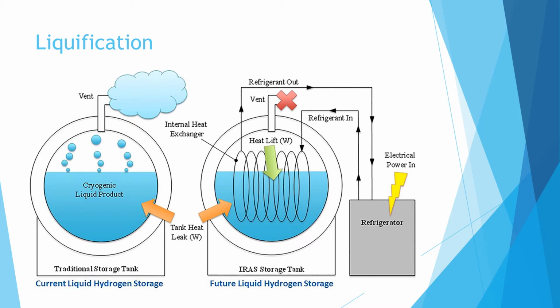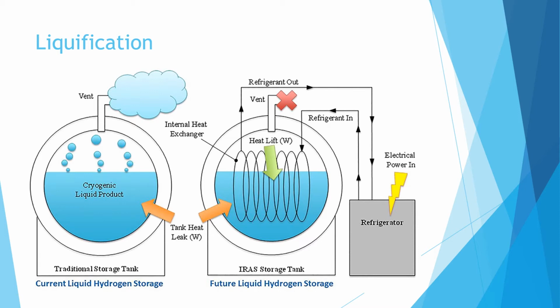Because of the relatively large amount of energy necessary for the liquefaction and the continuous boil-off, we will limit this storage system to utilization where the cost of hydrogen is not an important issue and the hydrogen is consumed in a rather short time, for example air and space applications. So these liquefaction methods of hydrogen are basically used for air and space applications.